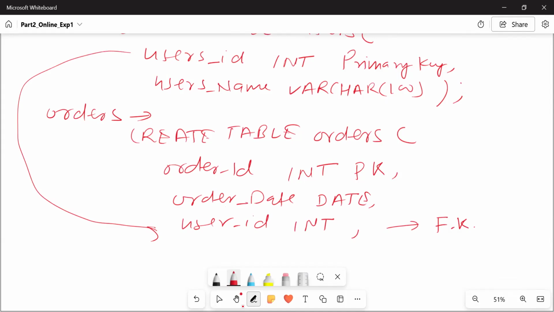Then how, what code should you write to connect it? So you have to write foreign key. Please be careful. This is the formula to connect the table, to reference the table. Foreign key, user ID. Which user ID? This particular user ID